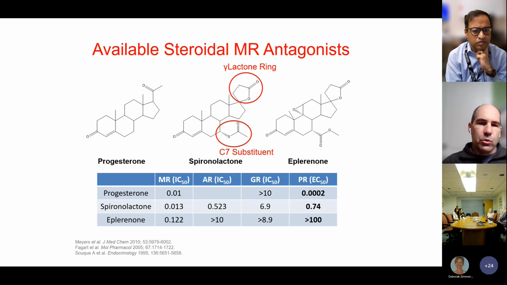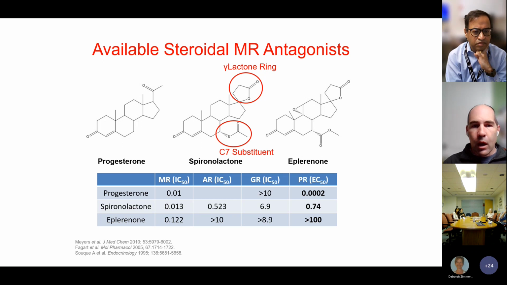But we do run into issues with the progesterone receptor where instead of being an antagonist, it's an agonist. So it has some progesterone effects, which leads to the gynecomastia and some of these off-target effects. The androgen receptor effect probably contributes to some of the sexual dysfunction and possibly dysmenorrhea. I've never really seen a whole lot of dysmenorrhea in women, but it's a potential side effect with the progesterone